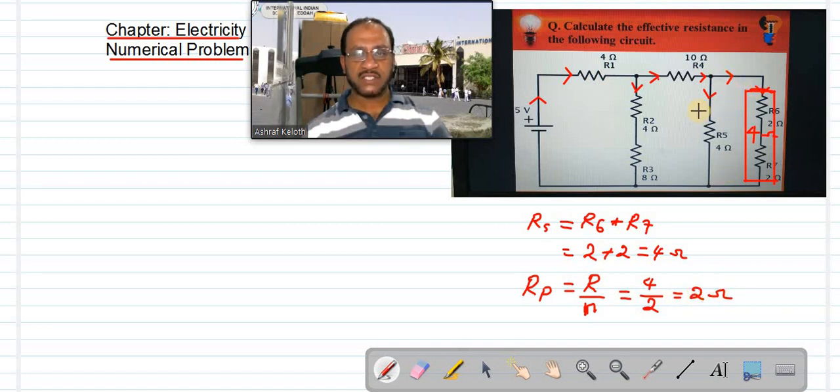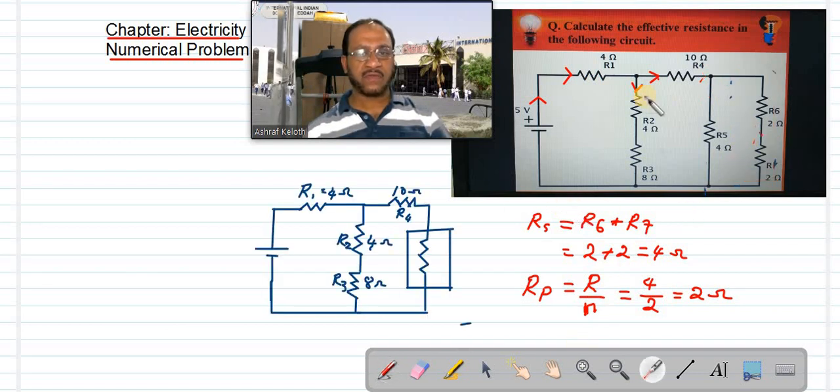Now these two branches together is a single resistor. Okay, now I am redrawing this circuit like this. This box represents this much part. We already calculated this much area resistance. This 4 ohm and this 4 ohm, these 4 and 4 are in parallel. Total becomes 2 ohm. That is this value. So this total 2 ohm I am representing by this box. So this box represents the total resistance of the last two branches.